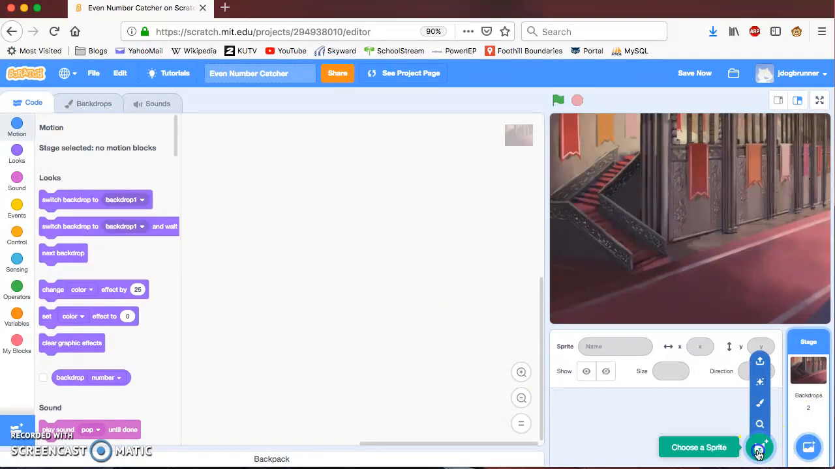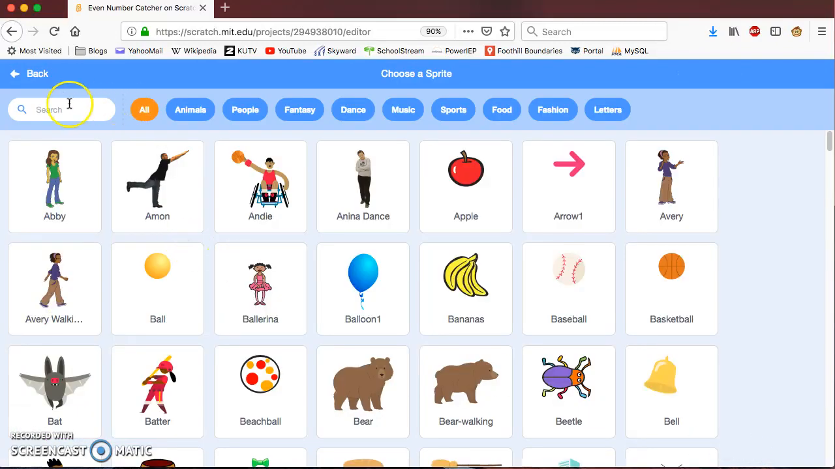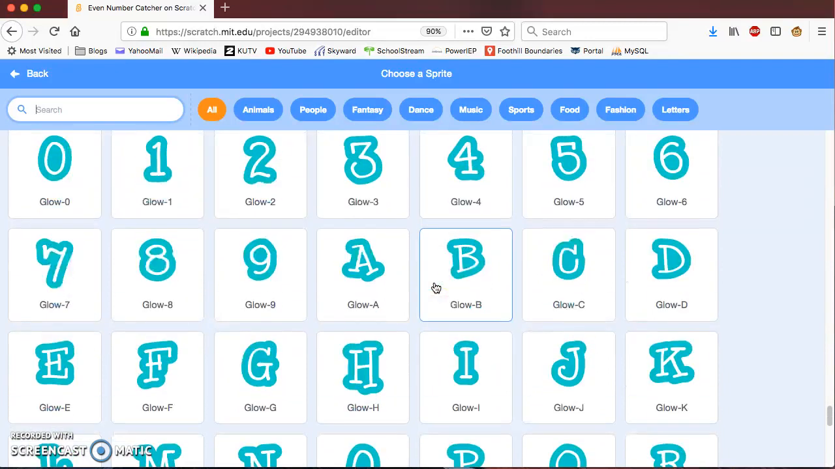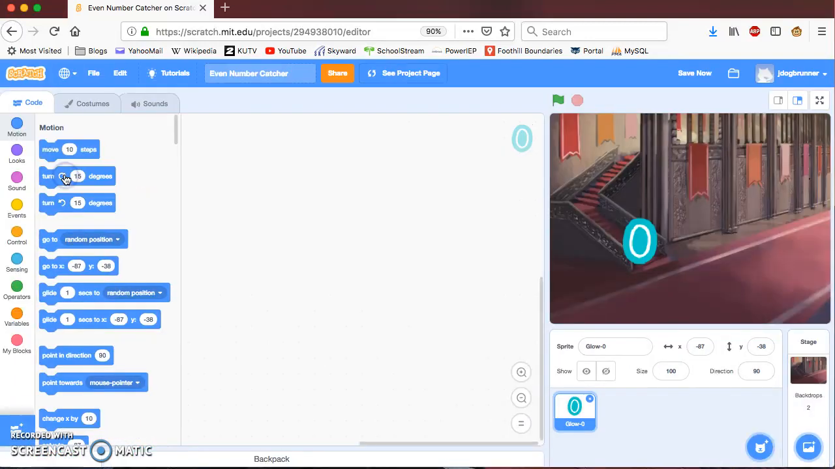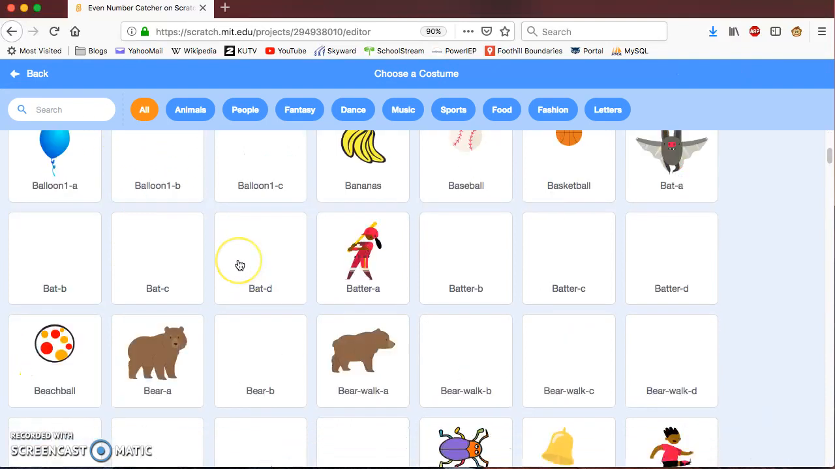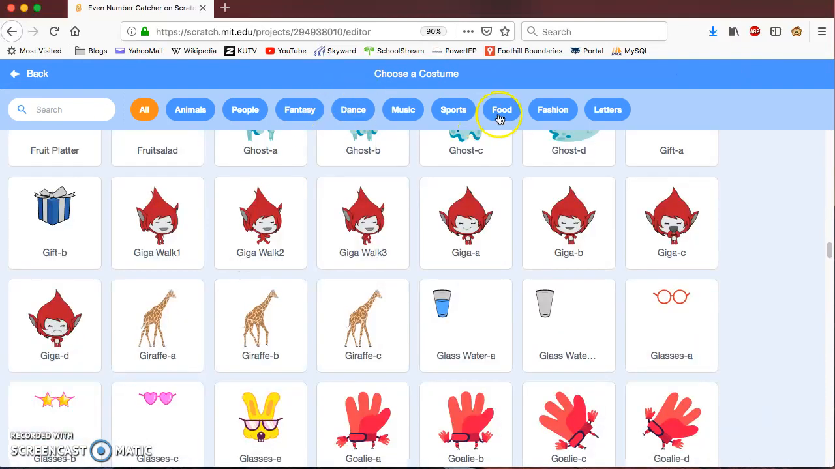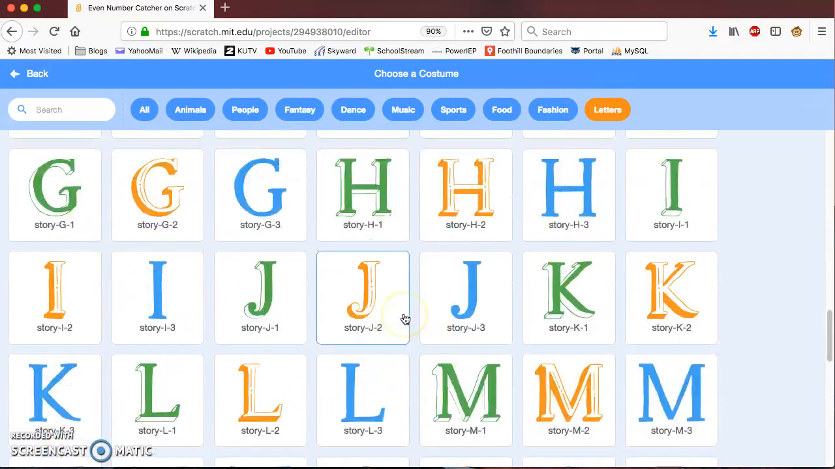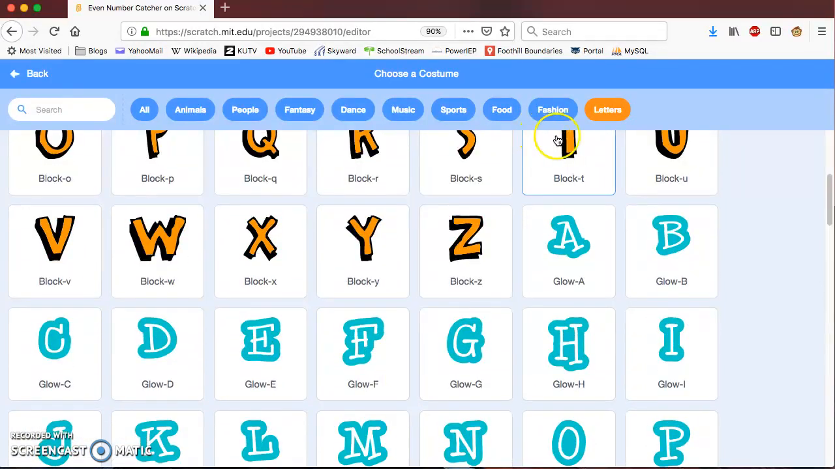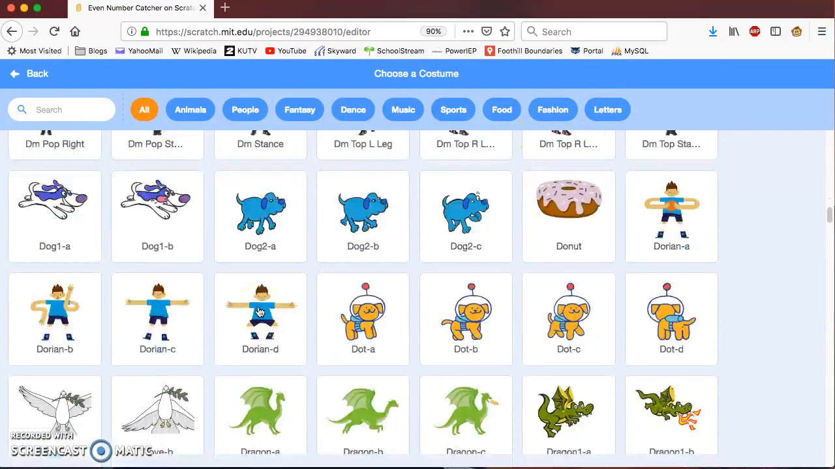And let's add some sprites. We want to add a number sprite. So the numbers are all the way down at the bottom. We're going to start this one with glow 0. Come to costumes though. Our costume needs to have some additional ones added to it. So come back down. I think if we do letters, it skips to it. And, oh, apparently not. Let's do all